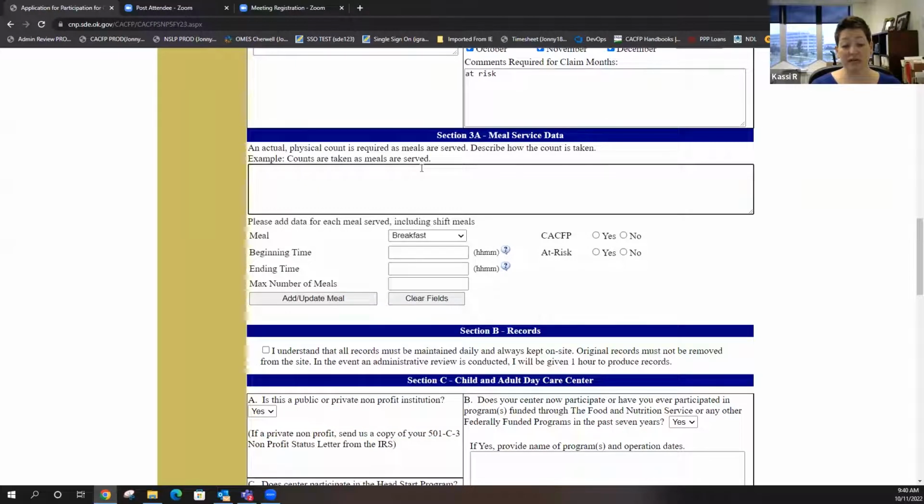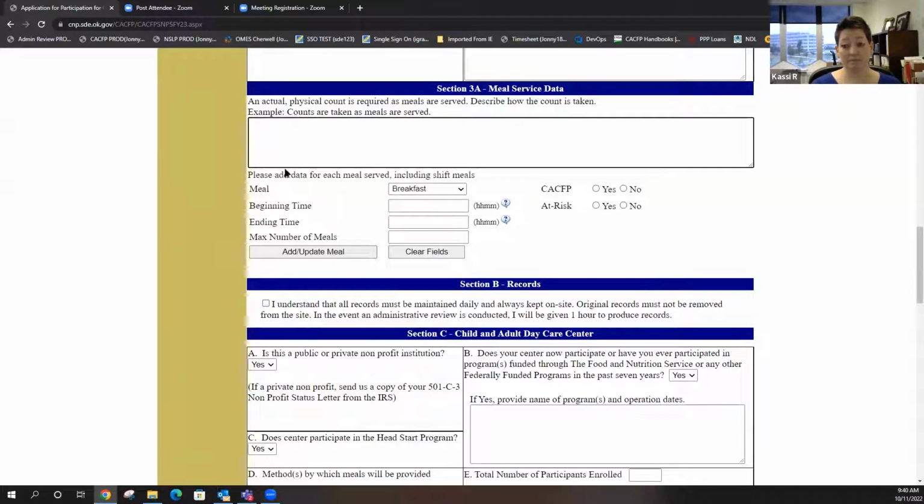We changed section 3 up a little bit, made this box a little bigger. 99% of you guys just put this here. And while the example is good enough, if you could provide more detail than counts are taken as meals served, that would be ideal,